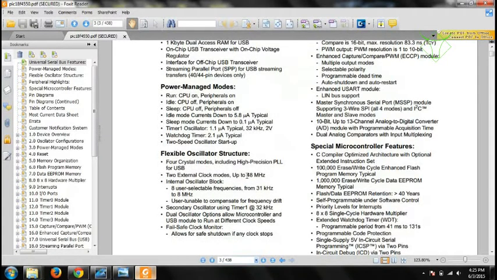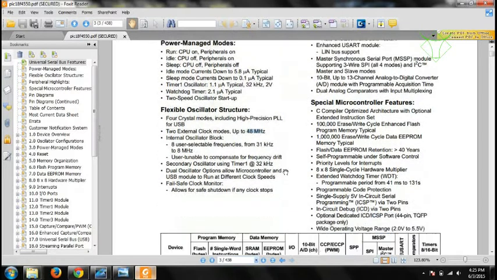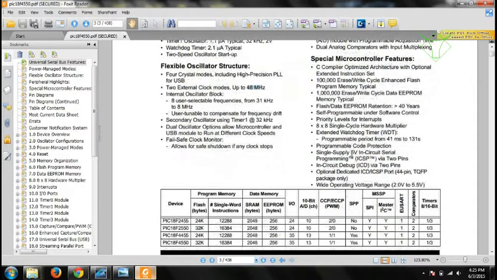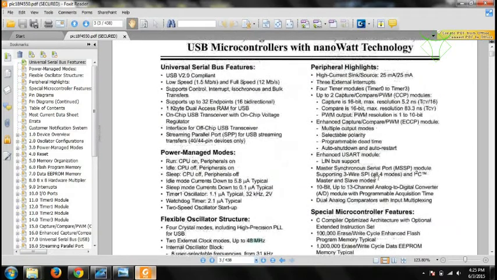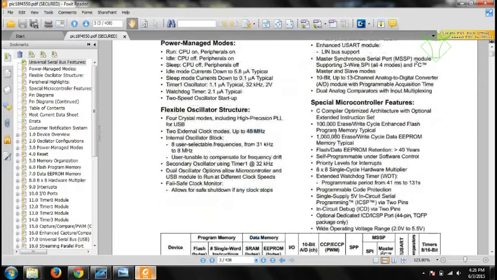That means an external oscillator can go up to 48 megahertz, and internally you can generate from 31 kilohertz to 8 megahertz. There are other features also like watchdog timer and ADC, SPI, USART, and compare capture PWM modules and all.